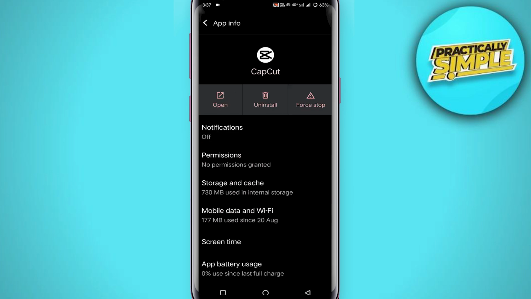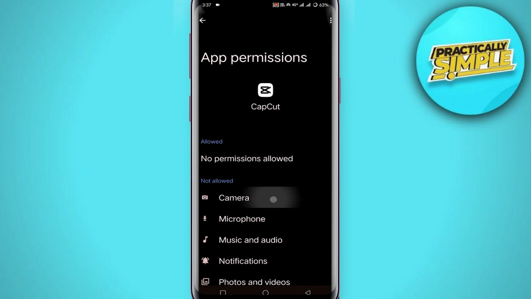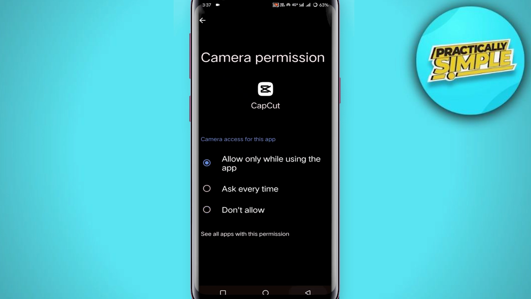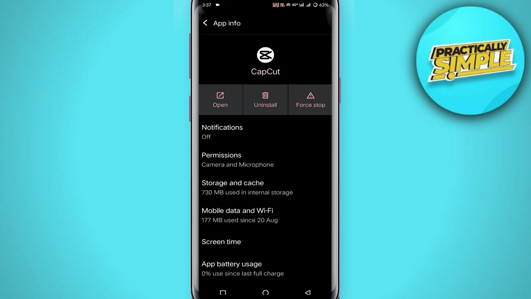Now go back and tap on this permissions and here just allow all the permissions. As you can see, there are all the permissions. So just simply allow them all one by one, and after that go back and make sure to update your